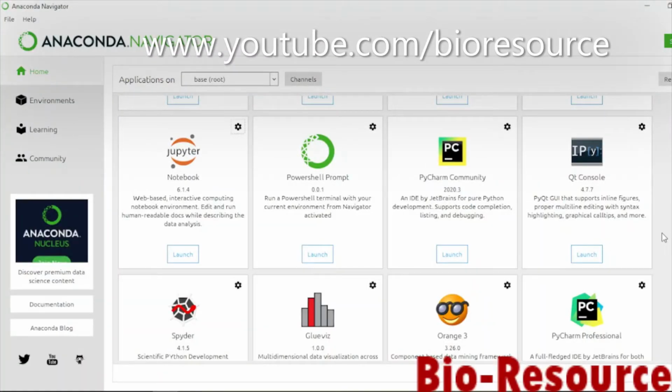Today we are going to see how to plot a qPCR standard curve and generate slope and intercept values using Jupyter Notebook Python. For that I have opened the Anaconda Navigator. From there we can access the Jupyter Notebook. This will open in the web browser and we will see how to do the standard curve generation by coding in Python Jupyter Notebook.